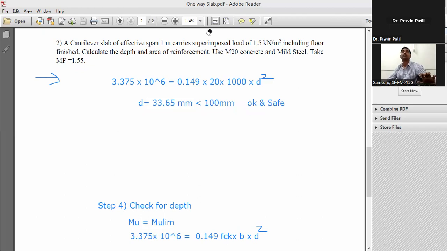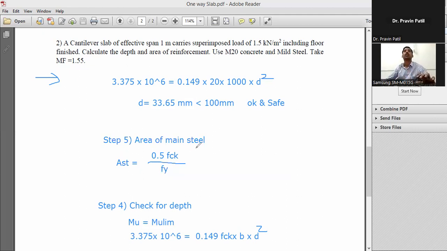Then the next step, step number 5, area of main steel. AST is equal to the formula: 0.5 into FCK divided by Fy,